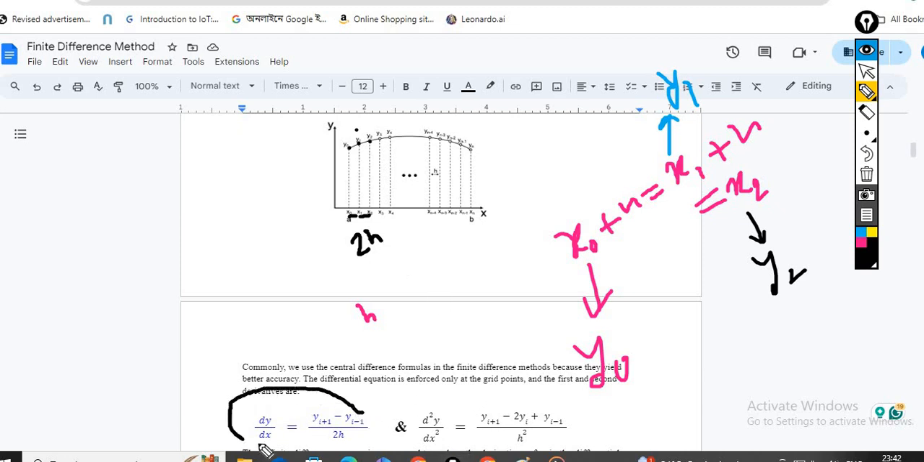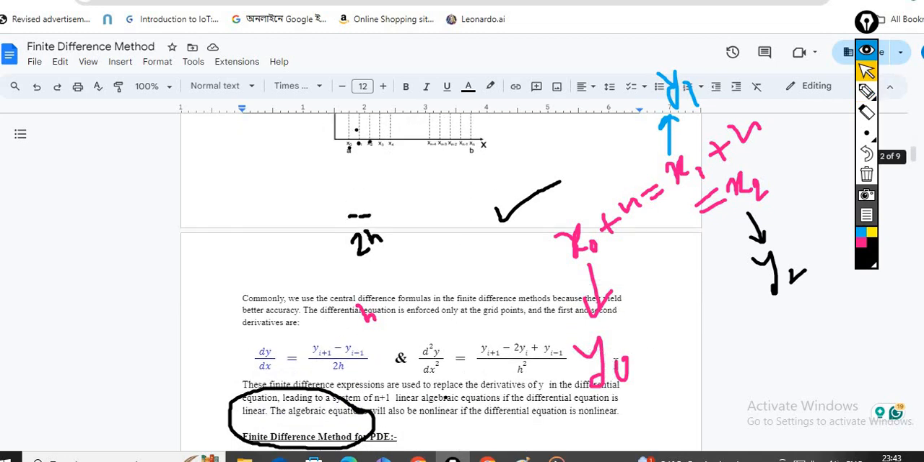So this is the solution for a first order differential equation, a simple ordinary differential equation. Here your function has only one variable, x. Now if you are considering the second order derivative,